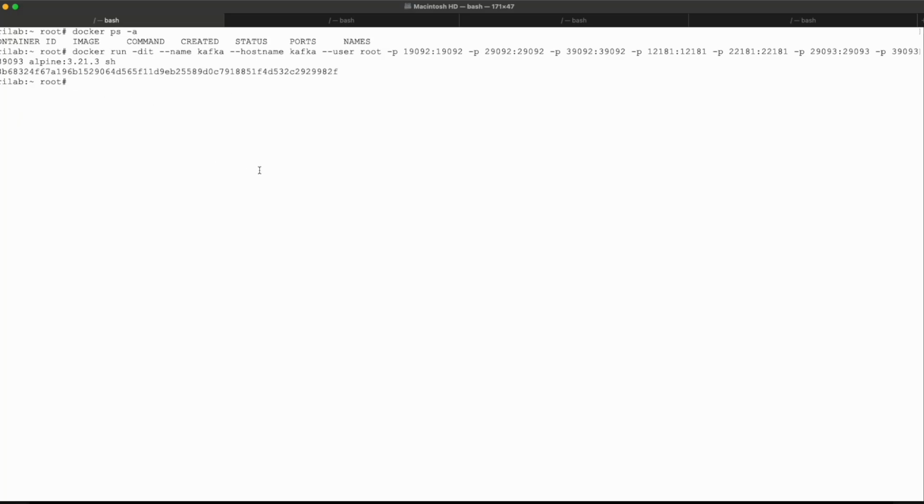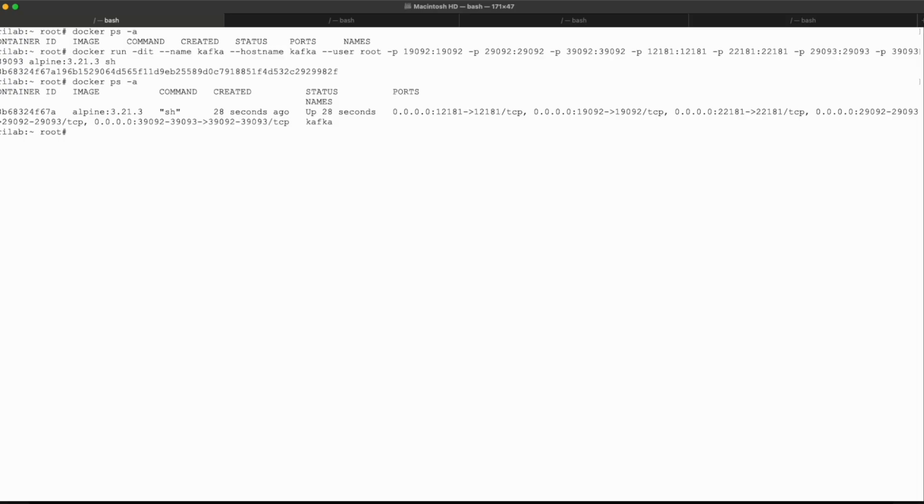Let's get into the Docker image. So it will be docker exec -it, or before that, okay, before that, docker ps -a, docker exec -it kafka sh. So what we will do then, we will add some